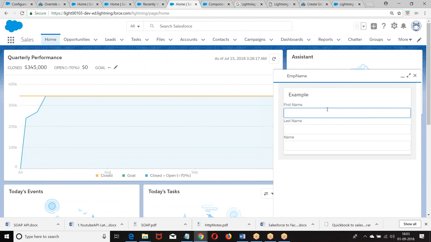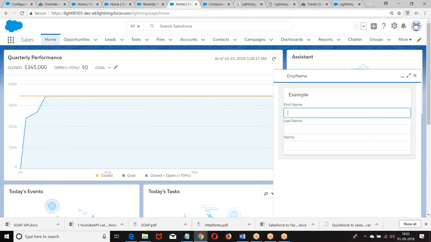Now here the only difference is how to create that action. Once you click on that, the component is invoked. On the component you can define events. On the component you can call a controller. On the component you can apply logic. Rest all the things are going to be the same way we have done till now. Are you clear with this? Rest all the things are going to be exactly the same.